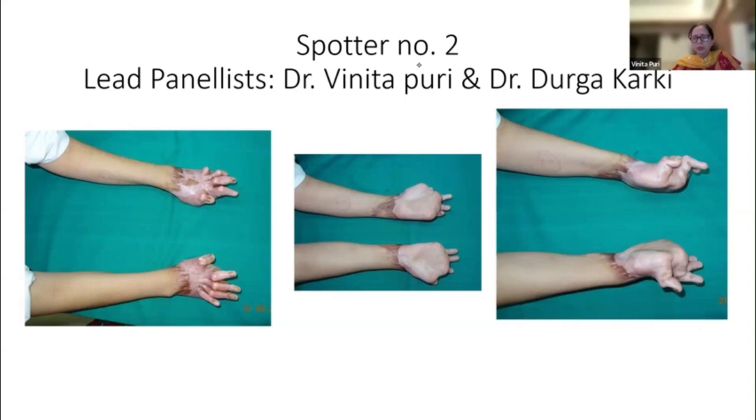In case of two hands which have a contracture, if one contracture is less severe than the other, which will you choose to do first? Ma'am, if the dominant hand has a more severe contracture, and if it is more important for the patient, I would go for the dominant hand with the severe contracture release first, followed by the other.